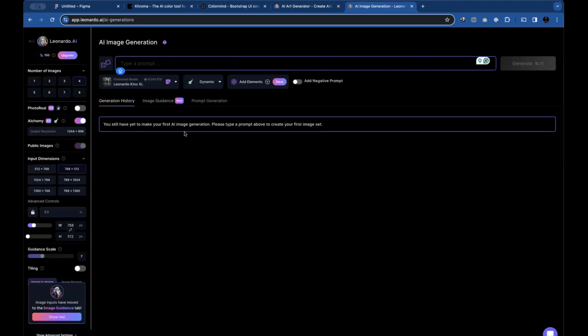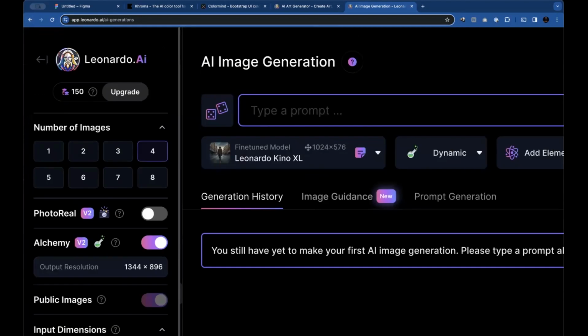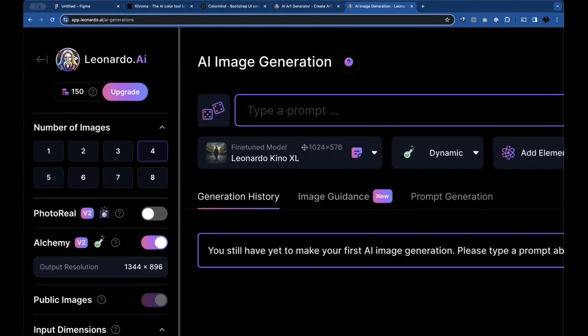Okay, let's find you. Where are you? So I mean, where it's telling me upgrade now to become a true alchemist. I don't know. Welcome to Leonardo Alchemy. You probably click on the pop-up screen. So go back, or what you can do is just go to the top left corner where you can see the logo, Leonardo AI. Click on it.